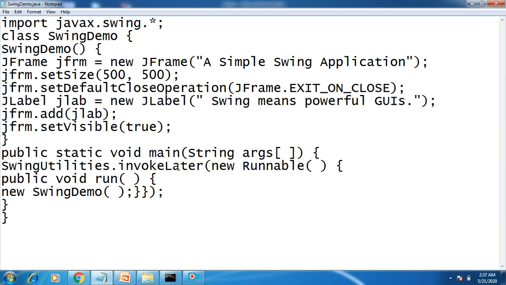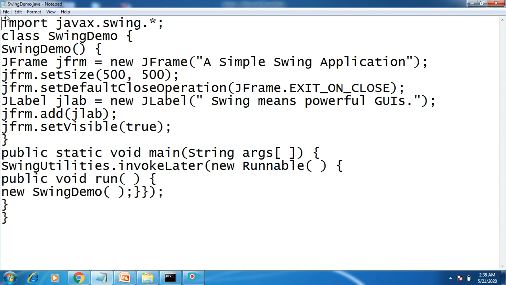So invokeLater is the method which runs immediately after displaying the output, whereas invokeAndWait waits until the run function returns from it. As you are executing this object on an event dispatching thread, you have to run its run method, which is called by the event dispatching thread. So for that, this is the syntax.